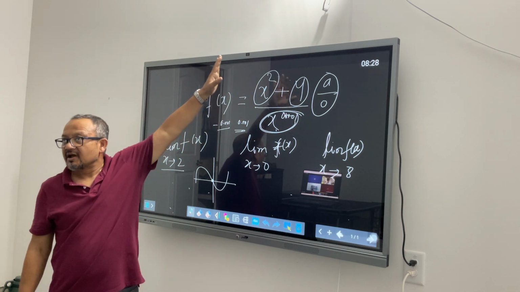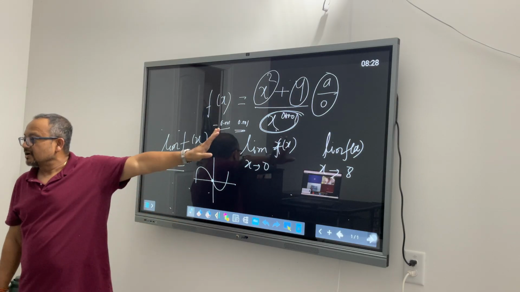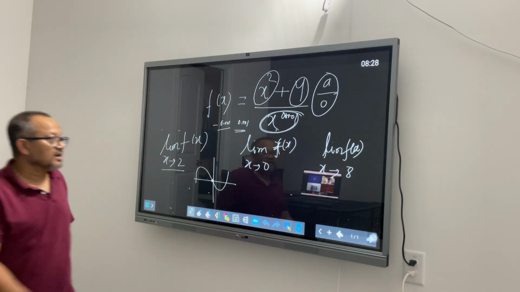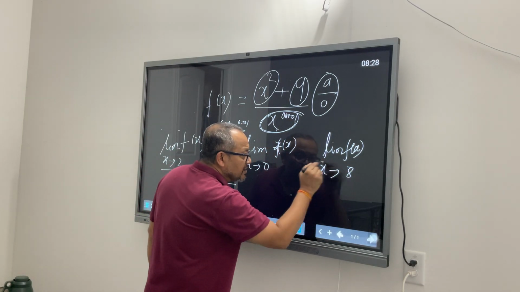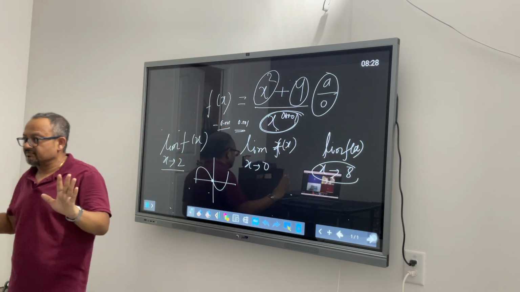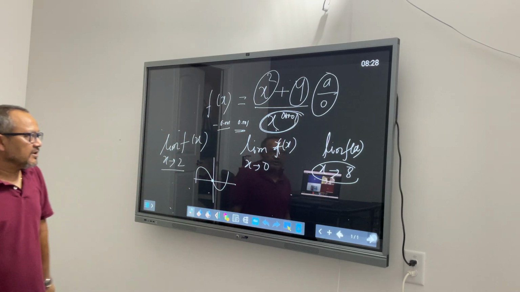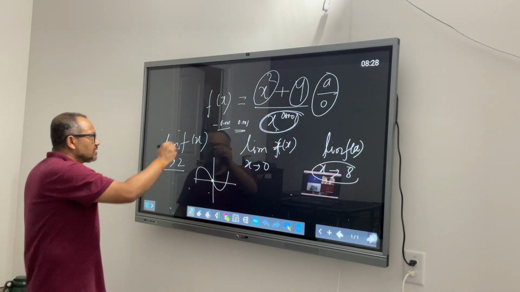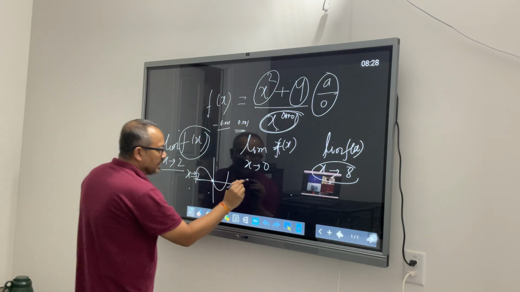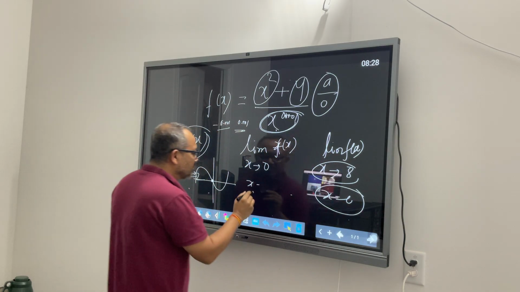So the function of x for x equal to 2 and the limit of f when x is equal to 2 are matching. Similarly, when x is approaching 8, there also we don't see any problem. My limit and value of the function both are the same. So, from a strategy point of view, first we simply found the value of f of x for x equal to 2, x equal to 0, and x equal to 8. Here we had a legitimate value, we did not have to worry about it.